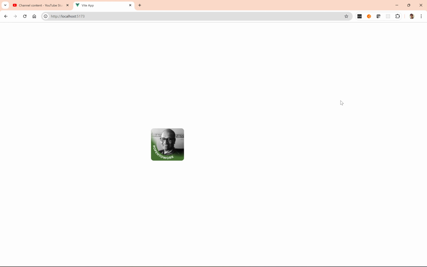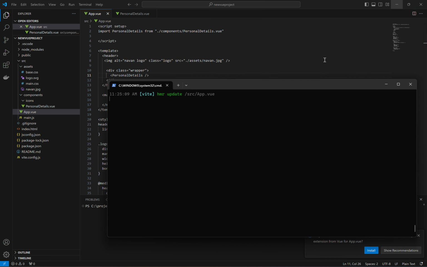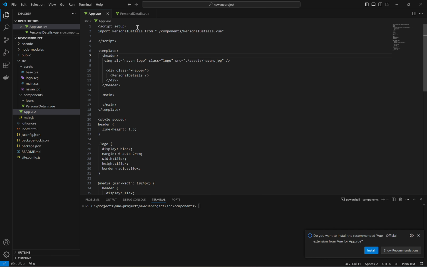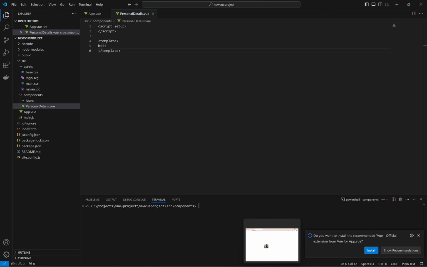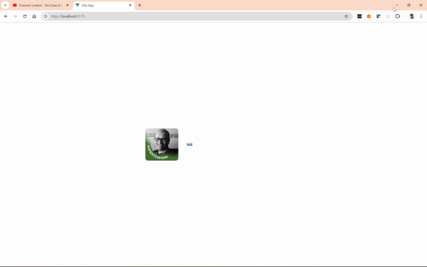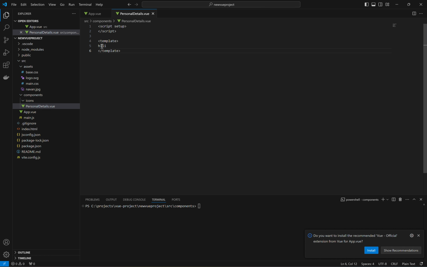There's no error at this point, but I don't see any end result also because the hi must be picked up. I never added anything, so I should add a hi or something. So I have auto save in action here, so that picks up automatically any changes I make. And let me go back here and check. Yes, that's picked up now. So that is a simple hi that I added there,